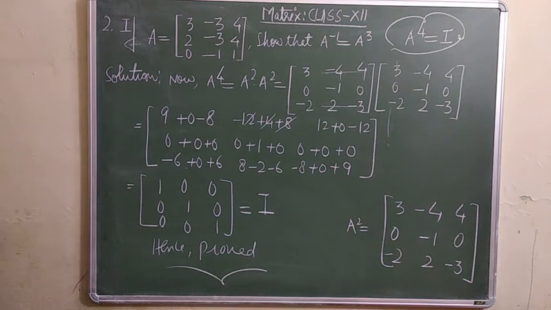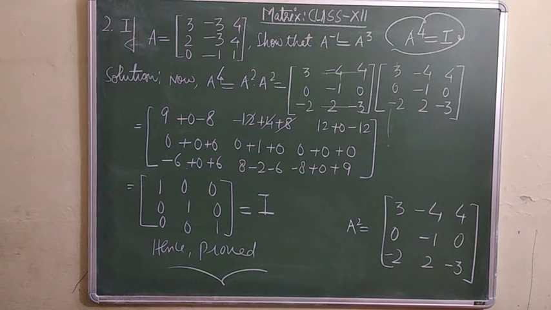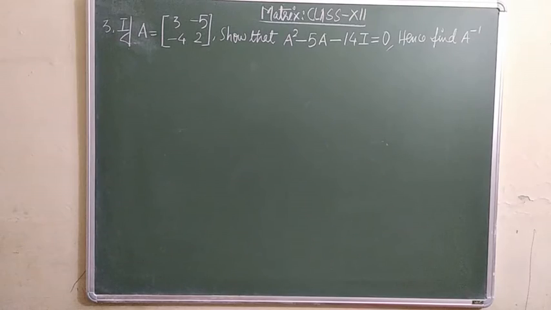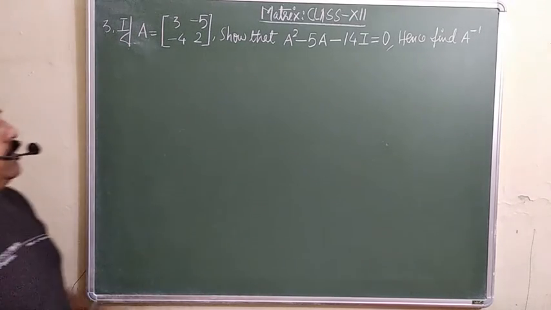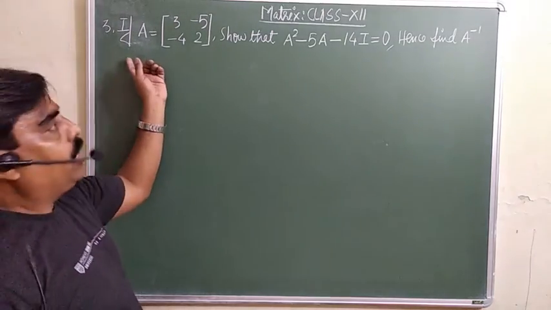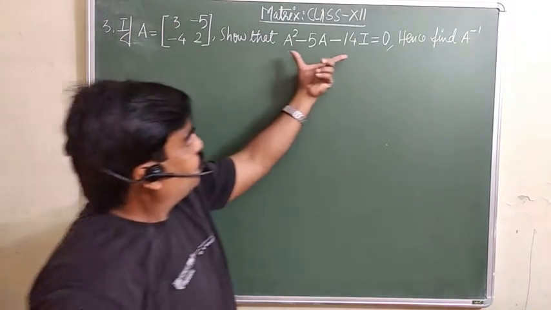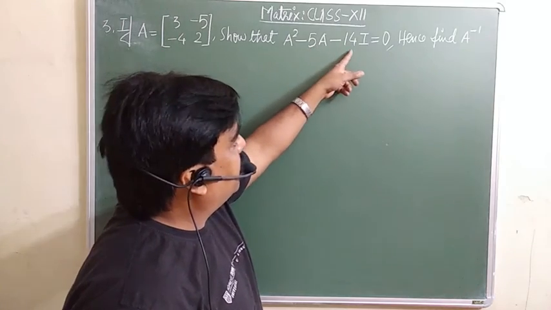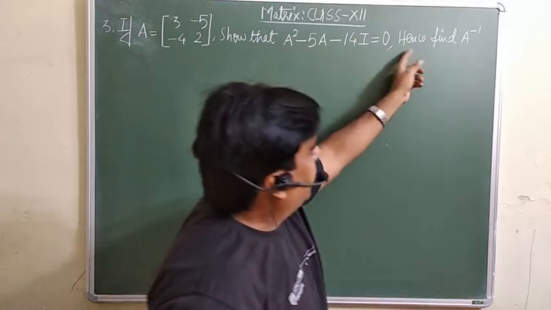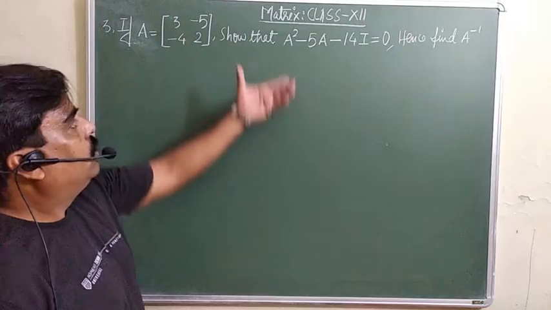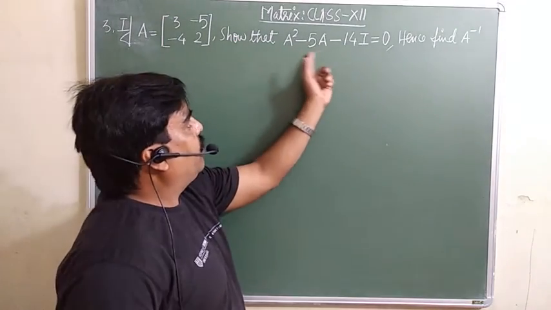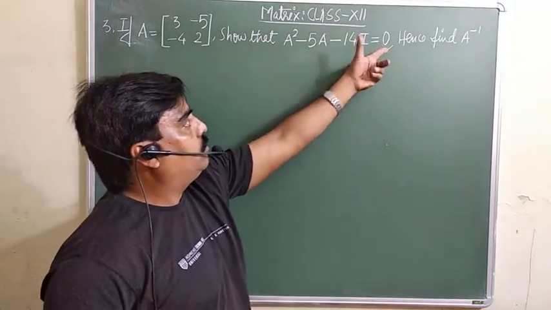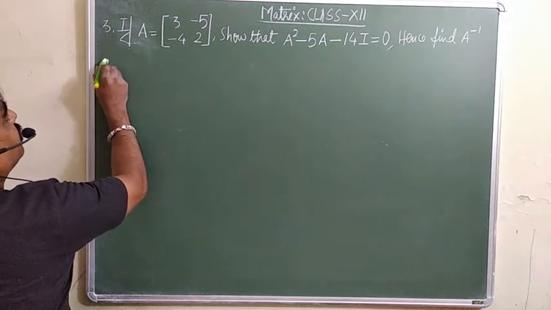Have a look. Yes, now the question is, if A is the matrix, then we are supposed to show that A square minus 5A minus 14I is equal to 0. Hence find the A inverse also. So first of all, you have to verify this one. You are supposed to show that this is equal to the null matrix. So here we are given